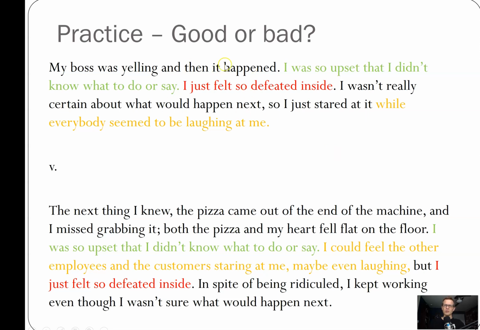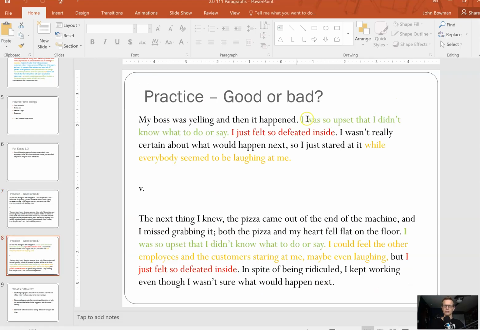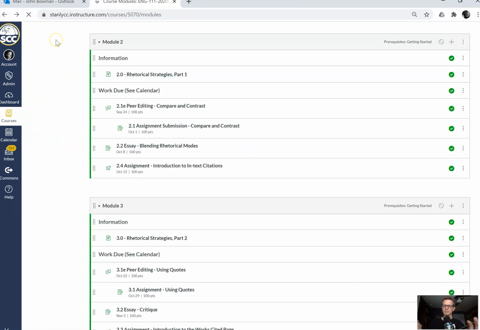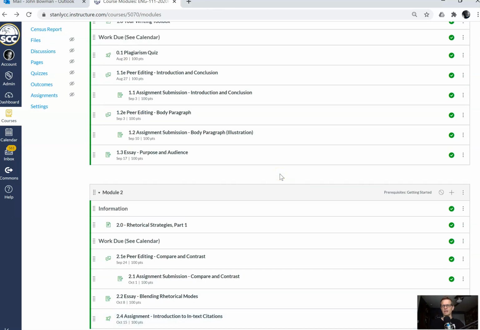So rather than doing a paragraph like this, concentrate on finding details like this that you can include. Show what anybody standing in that room could see, and then again, tie in how you felt. Don't start with how you felt. Again, how you felt needs to be a part of what anybody in that room could see under any given circumstances. All right, now I'm not going to repeat too much more of what I had said this morning, but that gives you some idea of how you can go about building your paragraphs and how you can improve your paragraphs. If you didn't do that as you submitted 1.2e, don't sweat it. I'm sharing this with you because this is a way that you can improve going to 1.2, or that you can build your other paragraphs going into the full paper for 1.3.